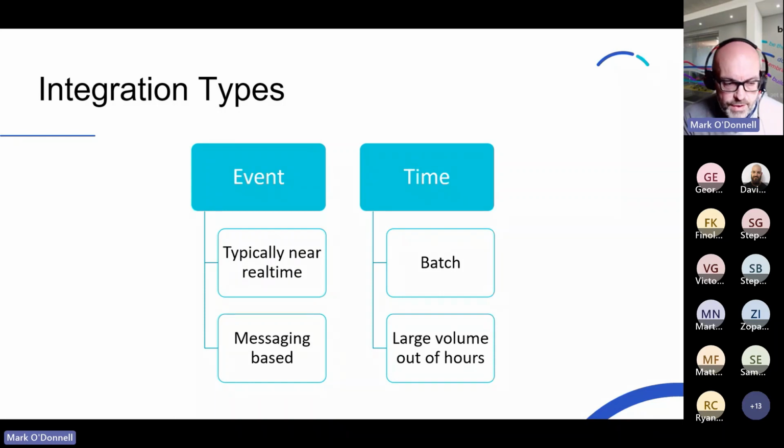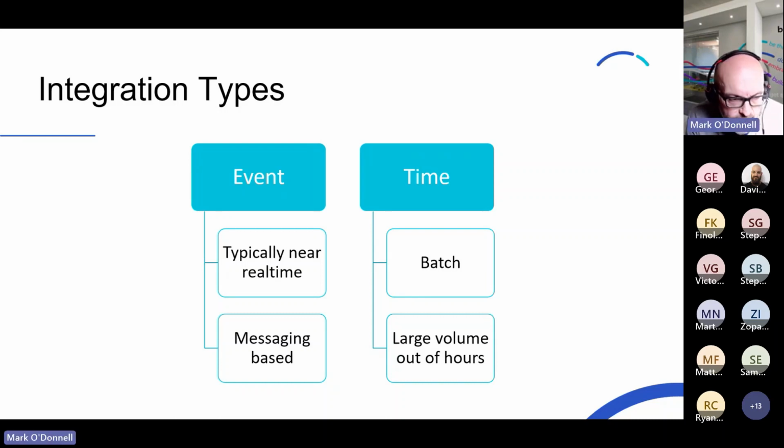So there are two main types of integration that I've put here on the slide. Event-based, that's stuff that happens in near real time, and involves messages being sent from one system to another. Maybe not direct, usually via some kind of plumbing. So for example, as soon as there's a sale on your website, then an order is created in the order system, because an event or a message has been sent between them. So one sale equals one order in that case, and that would be one event. Conversely to that, if you had 1 million sales, then there would be 1 million events created to make 1 million orders on your order system.